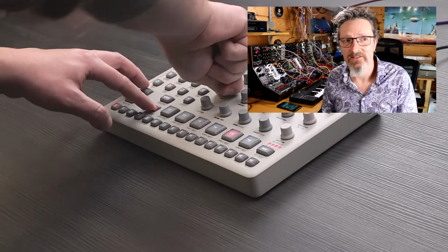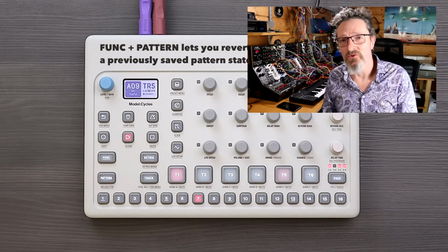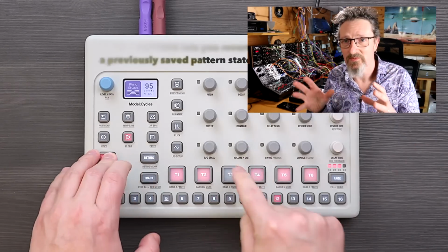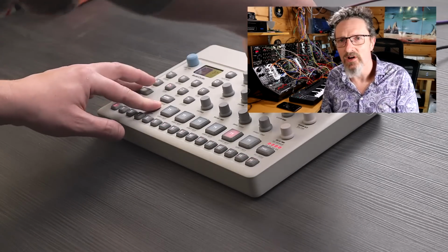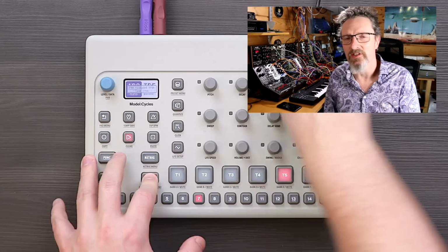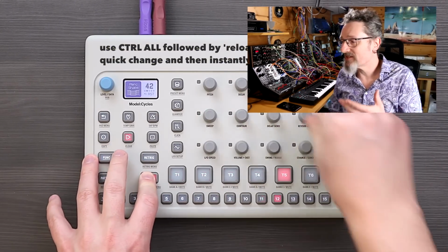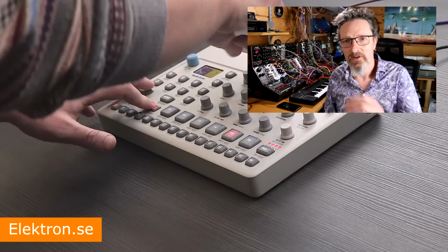I mean, Electron have a massive fan base, very enthusiastic, and I imagine death threats and all sorts would come from me rubbishing it a bit like this. So I'm sure it's awesome, and they always sound great, and they always are awesome. It's just not really ever been my thing. One of these days, I'm going to get into this whole Electron thing, and then I'll properly feel cool then. That'll be exciting. I'll look forward to that, but I don't think it's going to be with this one. Well, we haven't even heard it yet, so it could sound awesome. But I imagine it's a step sequencing thing with a bit of a groove box thing going on. So more information on that should be coming out soon. So if that's your bag, you should be hovering around the